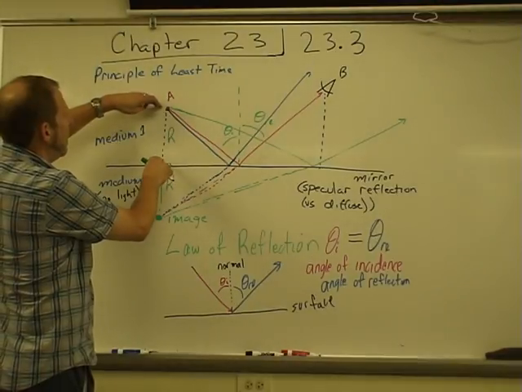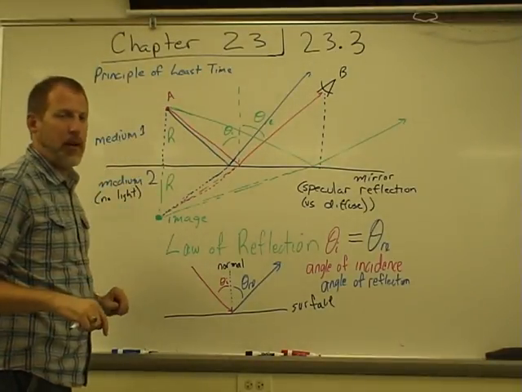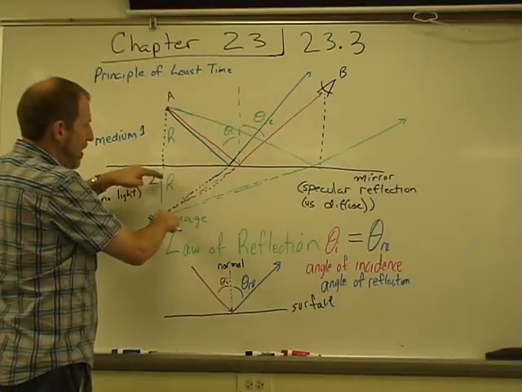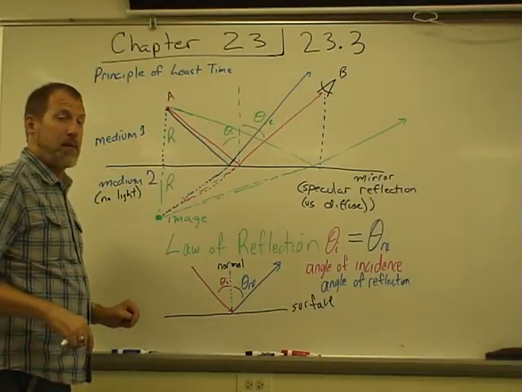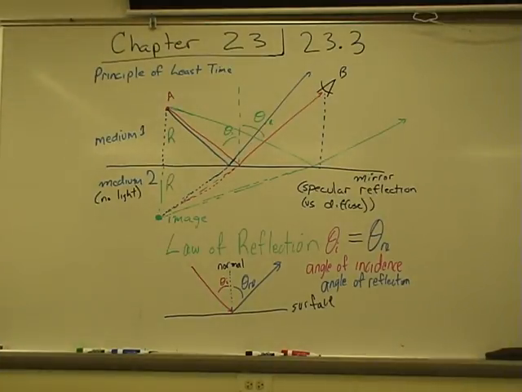If I've got a bright point source A that's 15 centimeters away from the mirror, the bright point source is going to appear to be 15 centimeters below the other side of the mirror. To put it a different way,